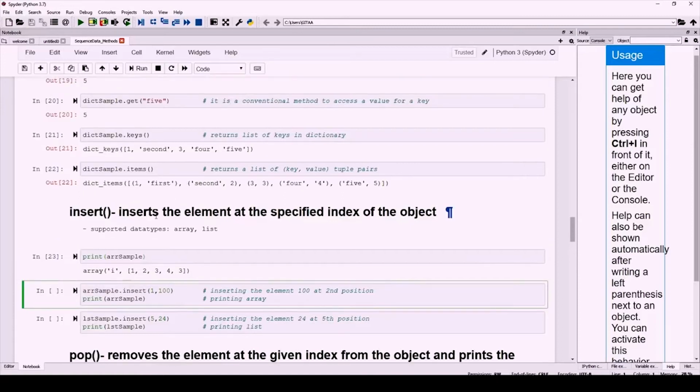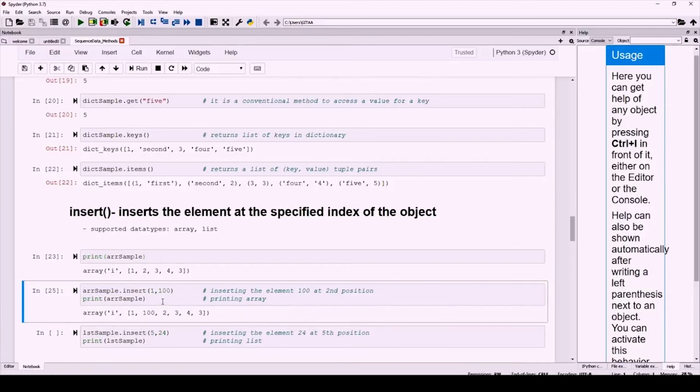So to insert an element at the specified index of an object, you can use the insert method, and inside that you just need to give 2 arguments. The first argument should be the position at which you want to add a new element, and the second argument should be the element that should be added. So I am inserting an element 100 at the second position of an existing array, that is array sample, and I am also printing the array sample.